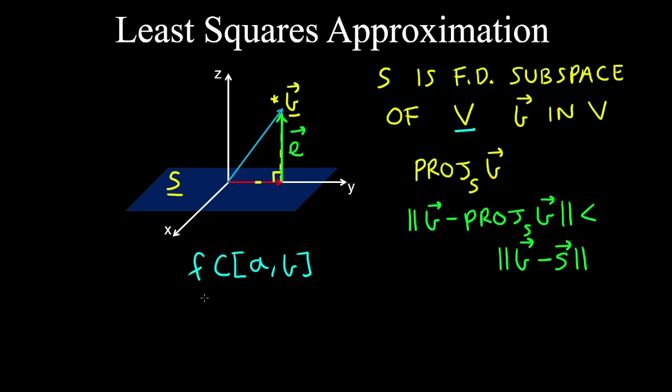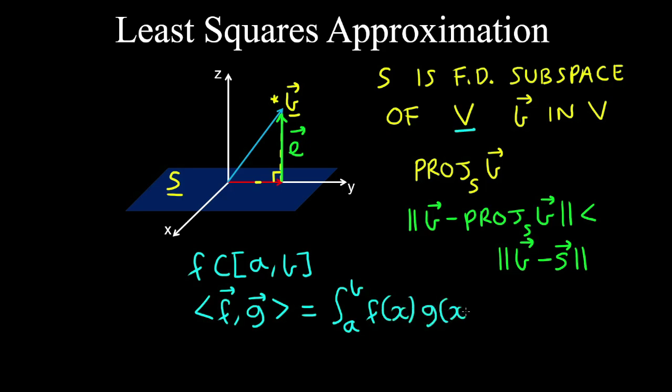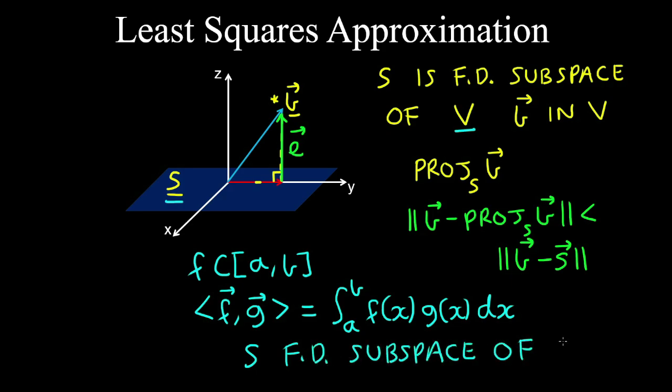And if we let this inner product space have the following inner product, so that's equal to the integral from a to b of f of x by g of x with respect to x. And if we let S be a finite dimensional subspace of the inner product space of continuous functions on a to b,